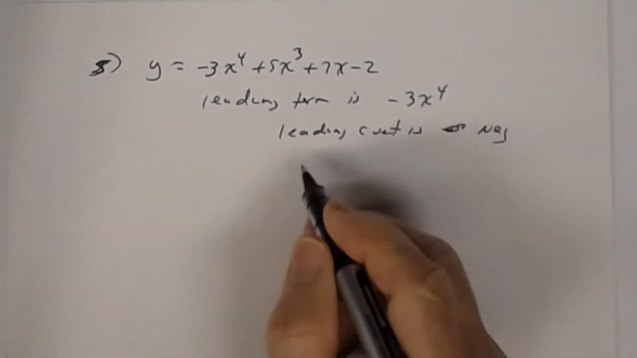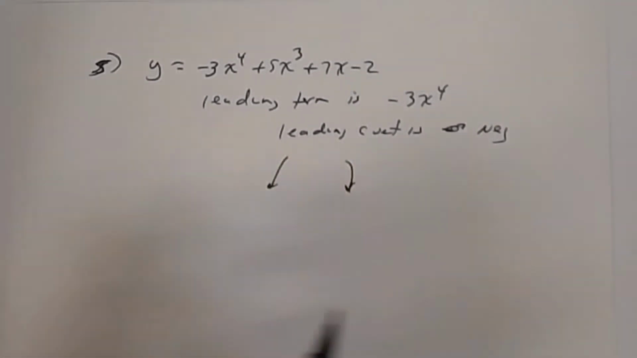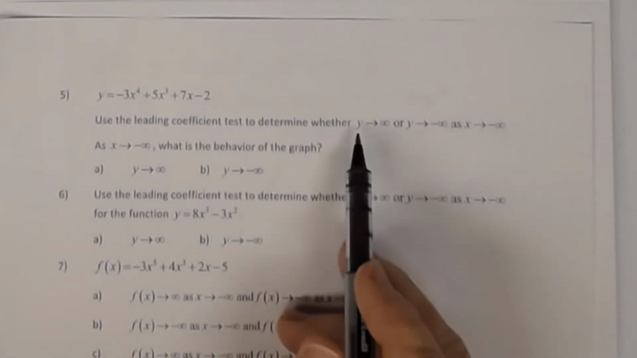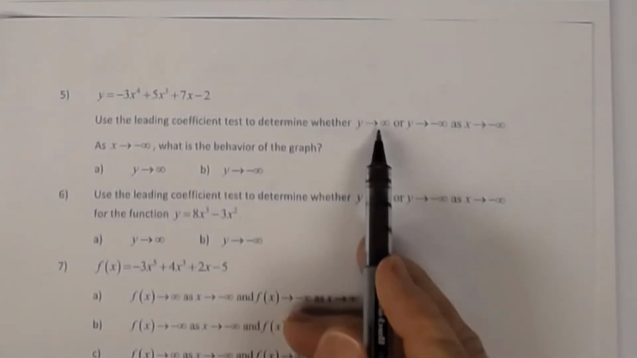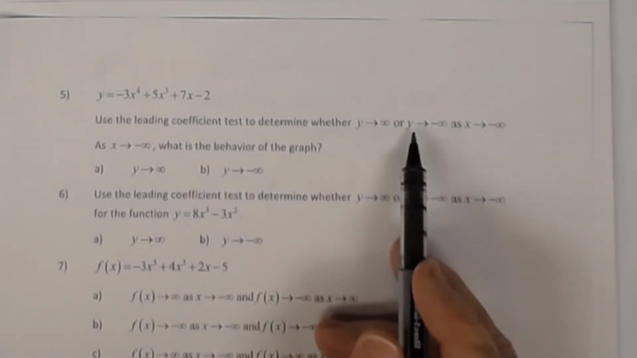So we know it's going to do this. It's going to be pointing down. Now, the problem is that you have to remember the notation. This notation is different, so remember what this means. This means as y goes to infinity, meaning as you move to the right,